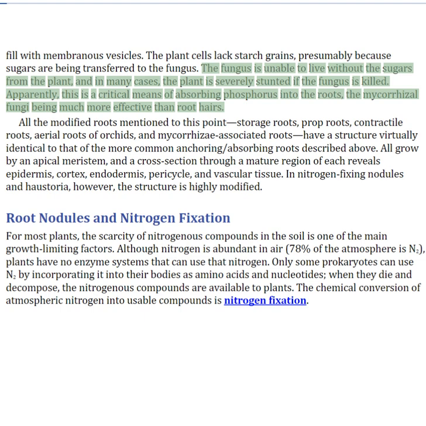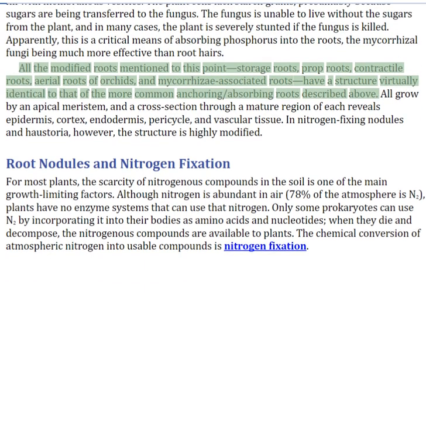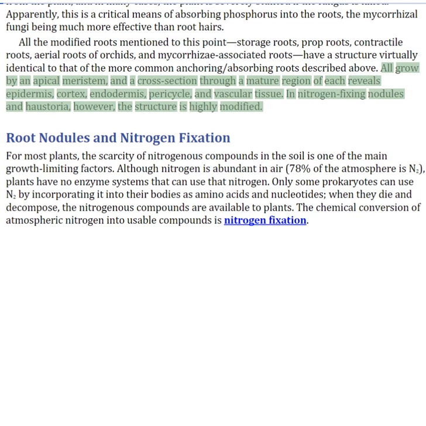Apparently, this is a critical means of absorbing phosphorus into the roots, the mycorrhizal fungi being much more effective than root hairs. All the modified roots mentioned to this point, storage roots, prop roots, contractile roots, aerial roots of orchids, and mycorrhizae-associated roots, have a structure virtually identical to that of the more common anchoring absorbing roots described above. All grow by an apical meristem, and a cross-section through a mature region of each reveals epidermis, cortex, endodermis, pericycle,